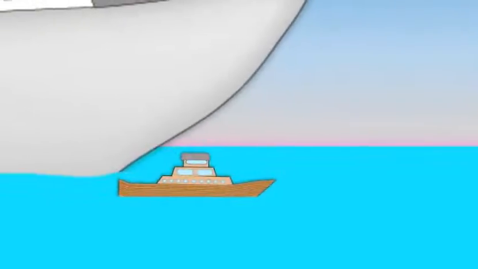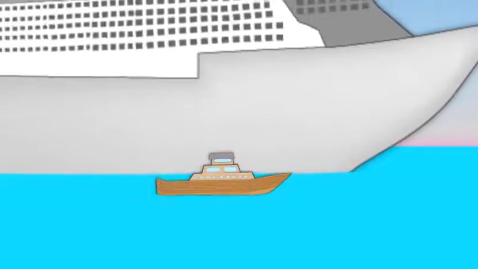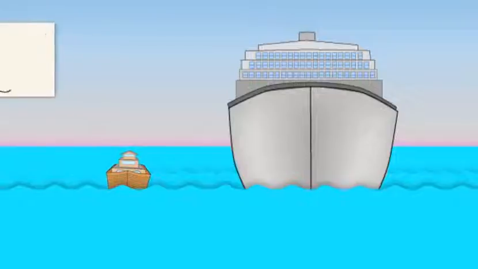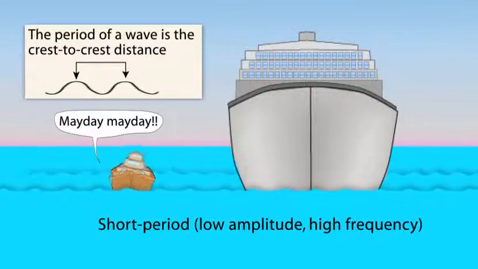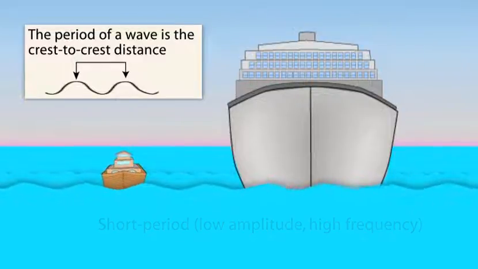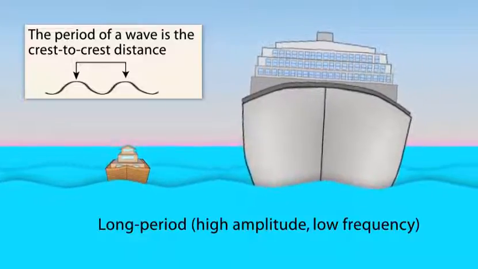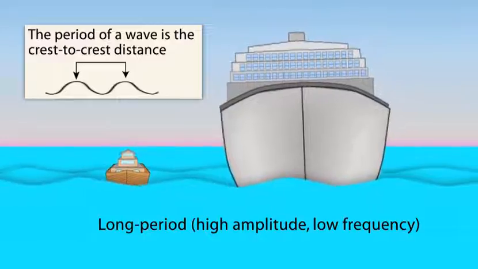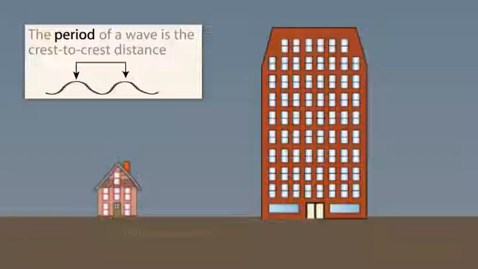Now, we use a simplified analogy of boats at sea. A series of waves, particularly when they hit broadside, can initiate rolling behavior. The smaller boat is affected by short-period low-amplitude waves that slap against the ocean liner with no effect. Small boats, on the other hand, will ride up and over long-period high-amplitude waves as the larger boats begin a long, slow rock. Now, let's look at how buildings are affected by earthquake-induced seismic waves.